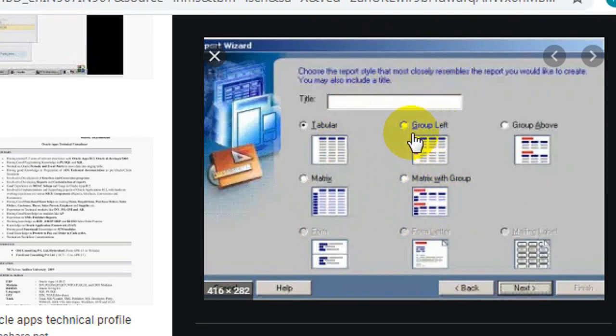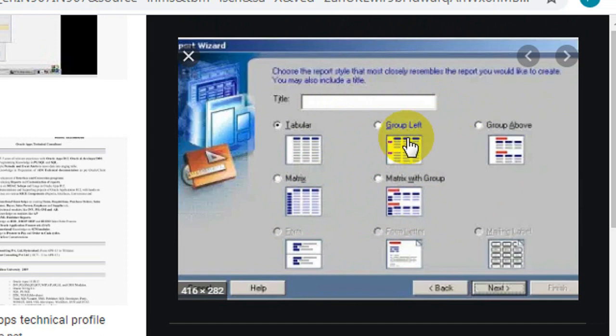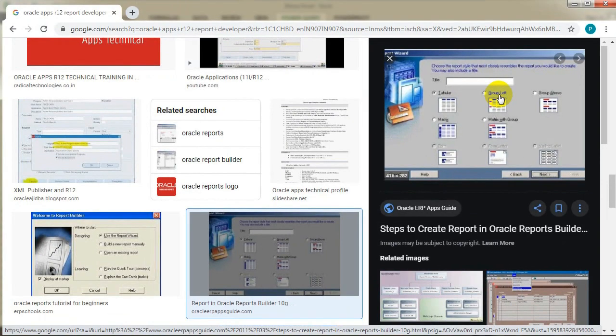This developer window is used by the software developer to develop reports for Oracle Apps. I will make videos on ERP systems, on different ERP packages like SAP, Oracle ERP, Microsoft. At that time I will cover this topic.